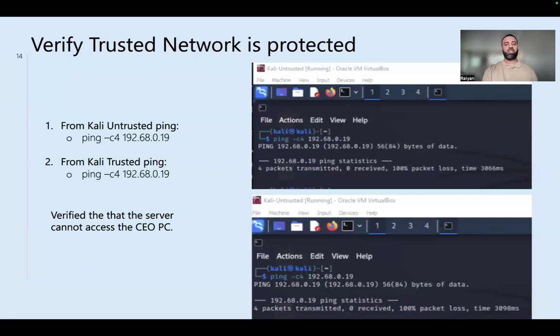Verify trusted network is protected. Here we are going to verify the trusted network is protected from the untrusted network. The first thing you want to do is ping from the Kali untrusted node to confirm. So you're going to open up the Kali untrusted machine, log in with the user credentials, and then enter in the command prompt: ping